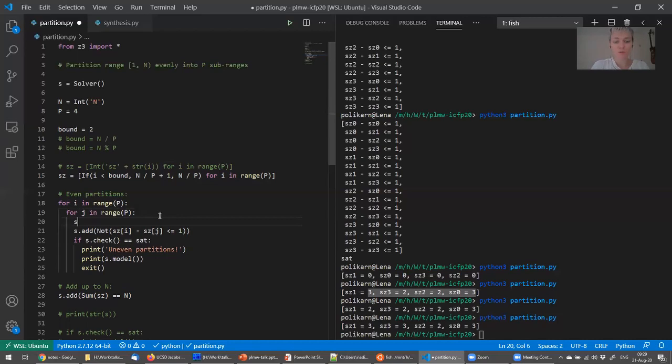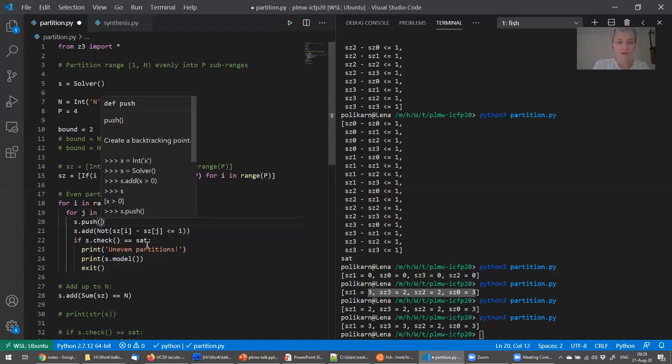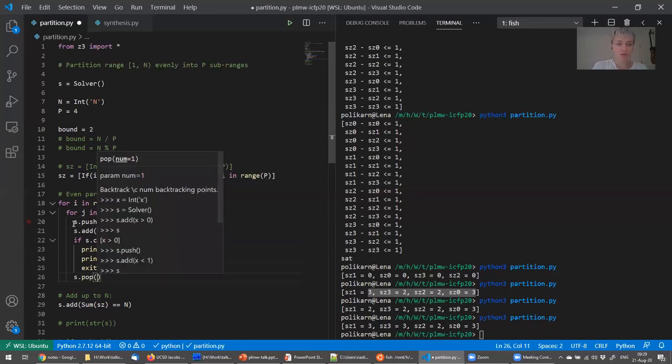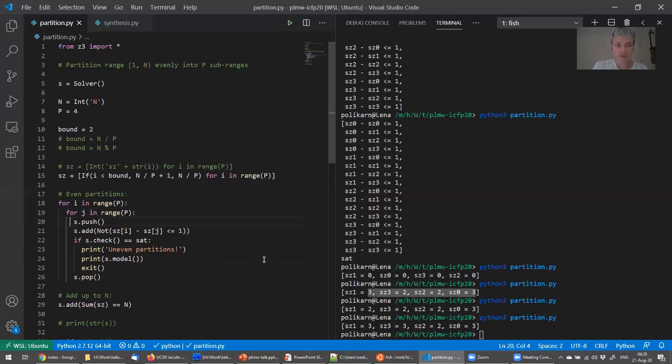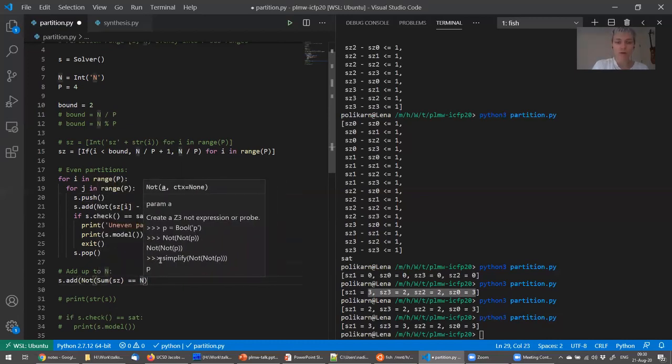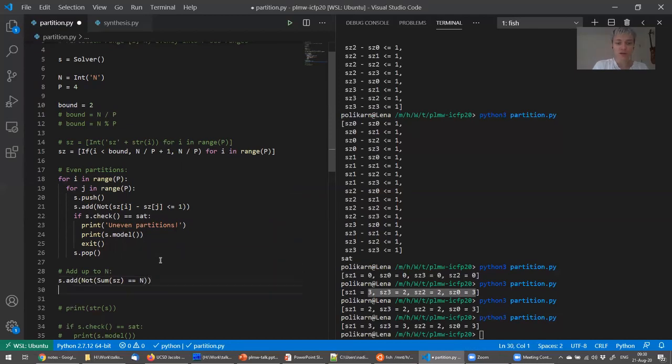So in fact, what we want to do is save the state of the solver right here. We can do it with s.push, and we want to restore the state of the solver after we have checked this particular constraint. And similarly, for the other part of the specification that we have, we will add the negation of this constraint. And if this thing is satisfiable, we will print "does not add up to n", and we will print the model,